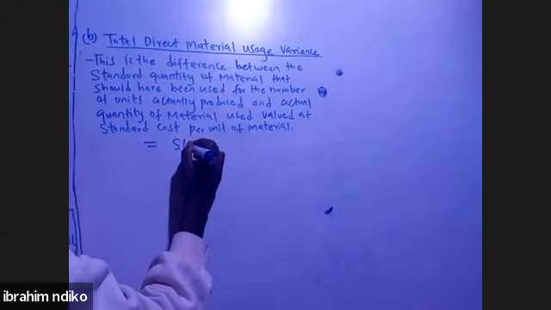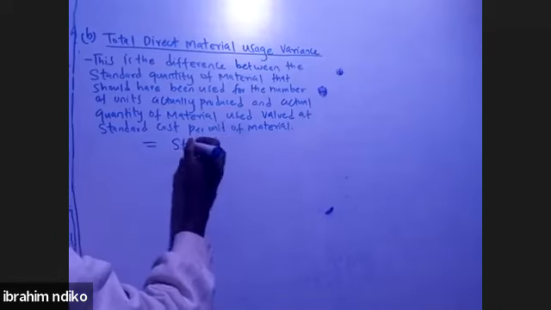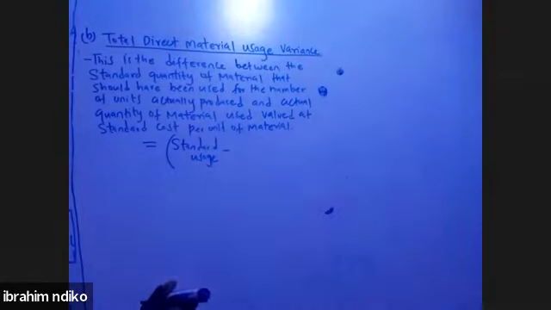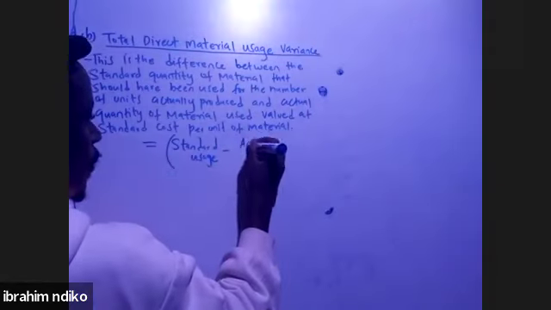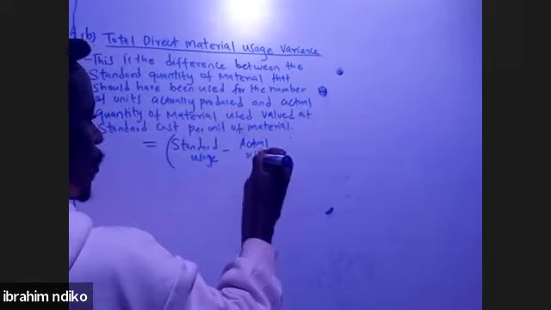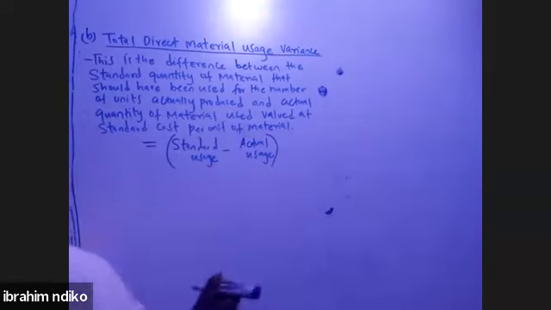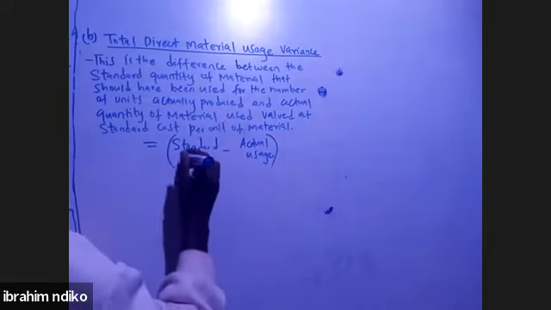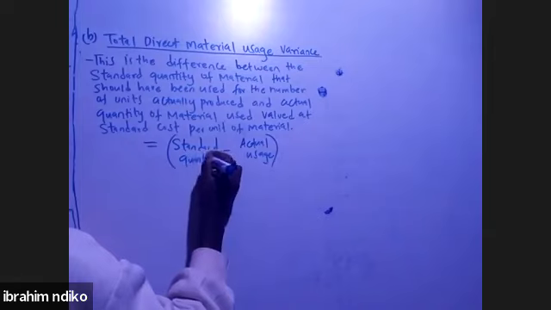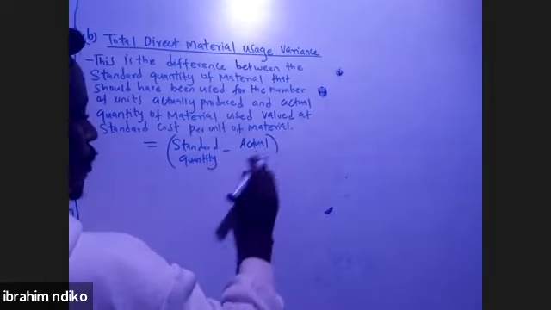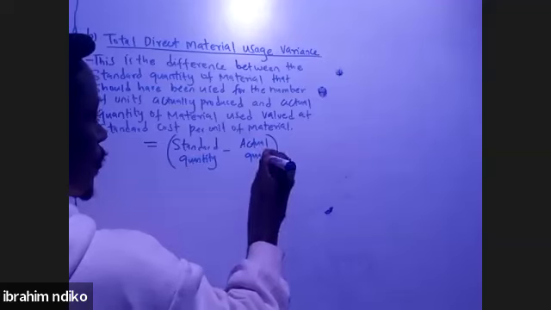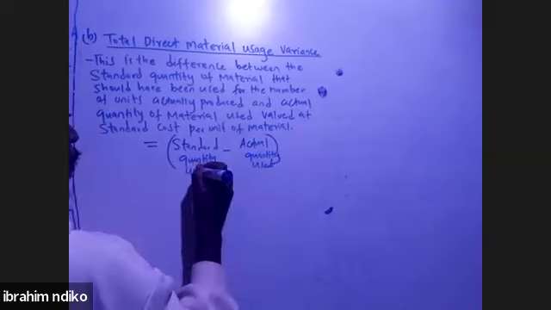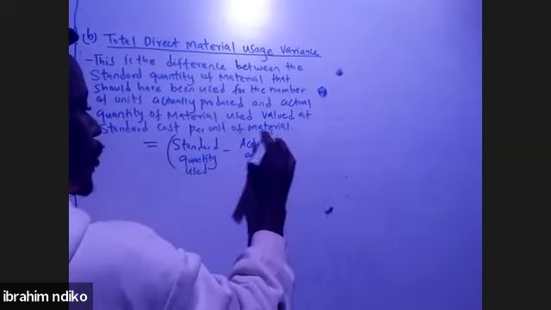So standard usage minus actual usage. Let's call it standard quantity minus actual quantity used, and then we multiply it